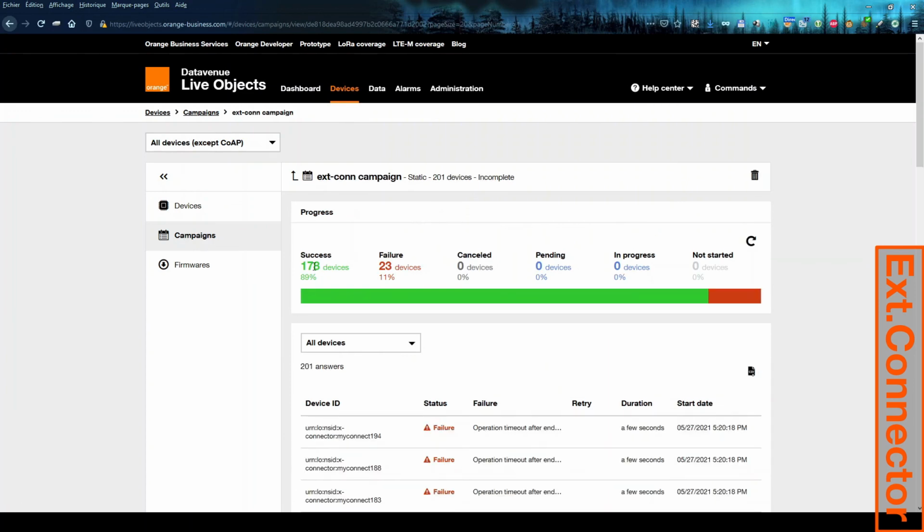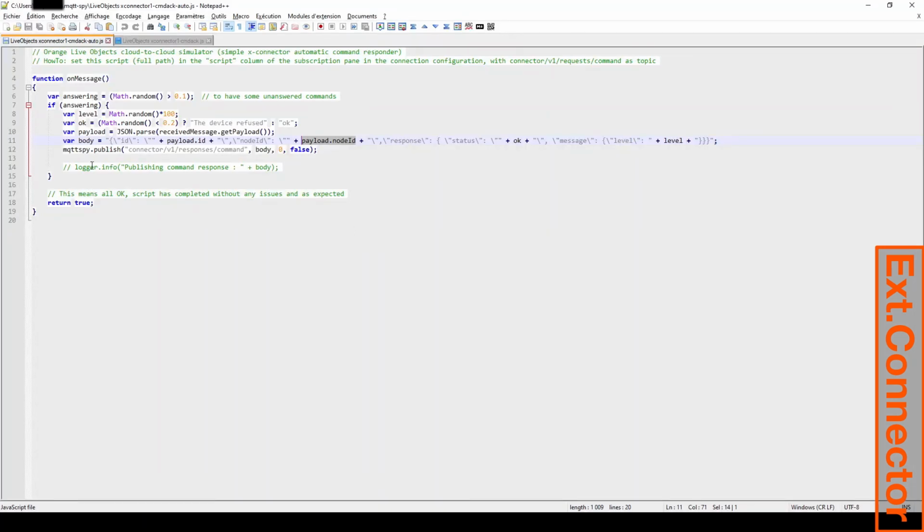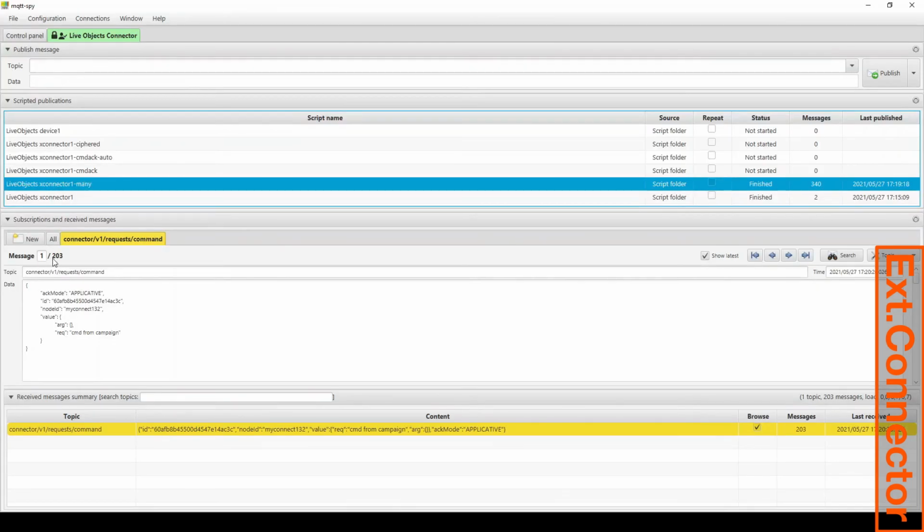So I have 178 devices that have declared a success, 23 failure. So remember that I have this automatic failure in the answering. And if I have a look at MQTT Spy, I've had 201 messages. I could go through them.